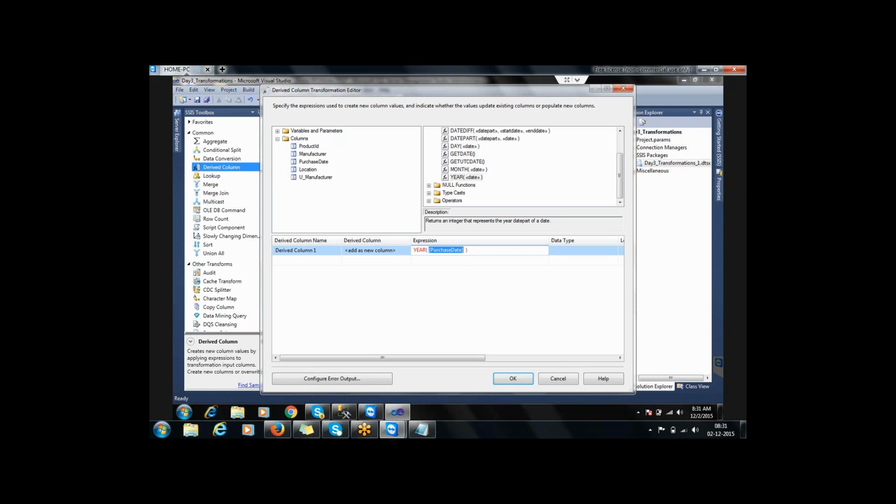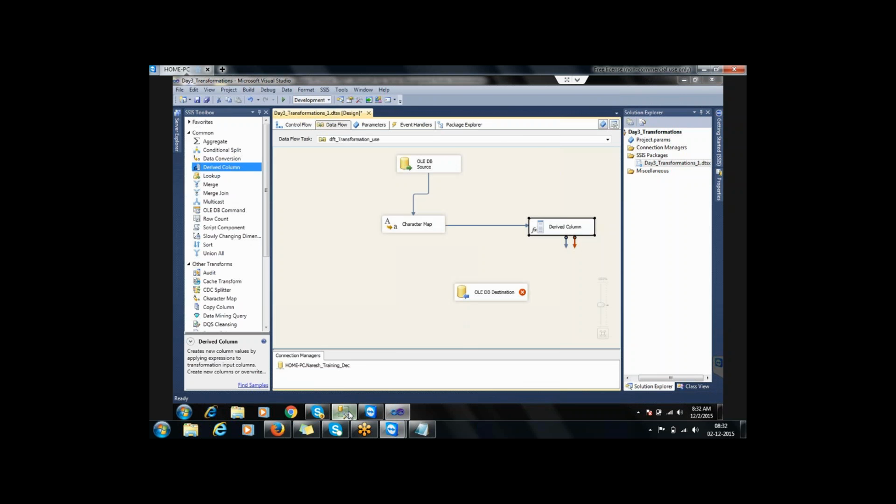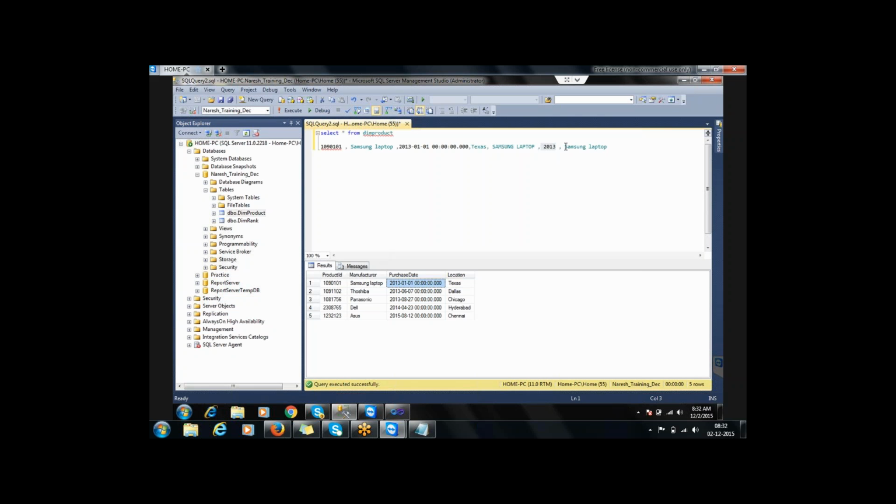Now it is in red color, right? Red color means it's not properly defined. See, now it is in black color. Now it is properly defined. The derived column name, by default, is derived column 1. What I am getting is year from purchase date. Add as a new column. It will be a new column only. I don't want to overwrite the purchase date, right? So add as a new column, give OK. So two operations are done. And the third one is that I want to just duplicate